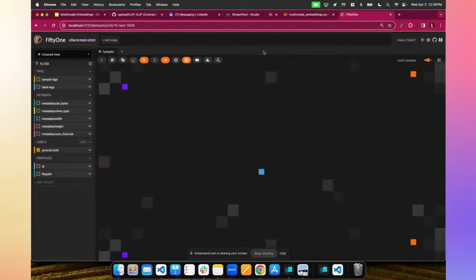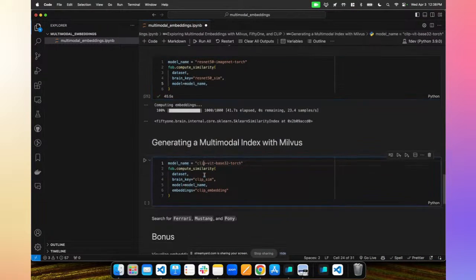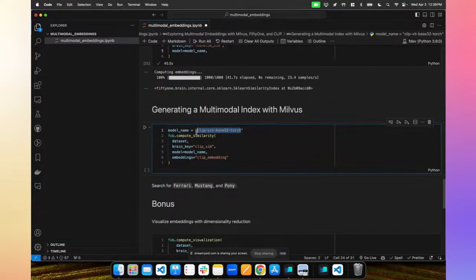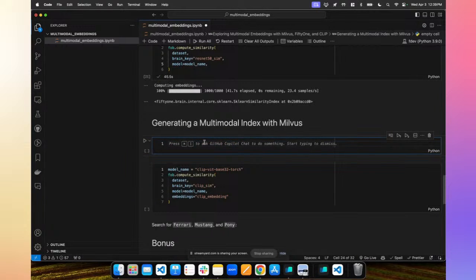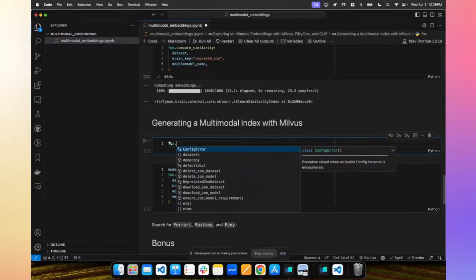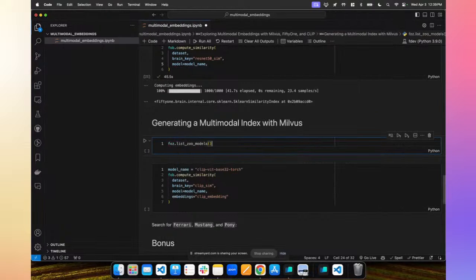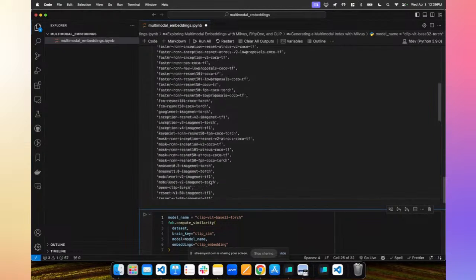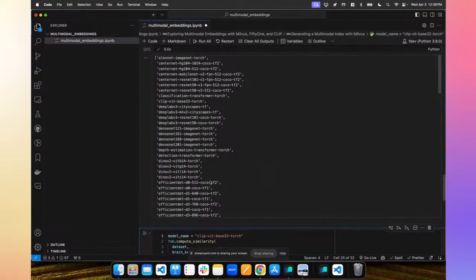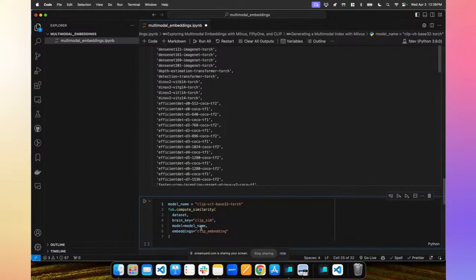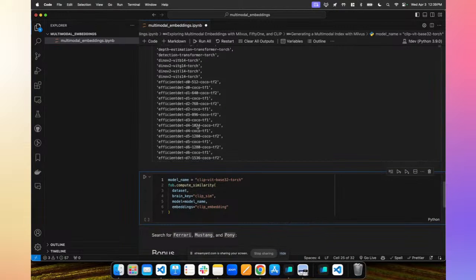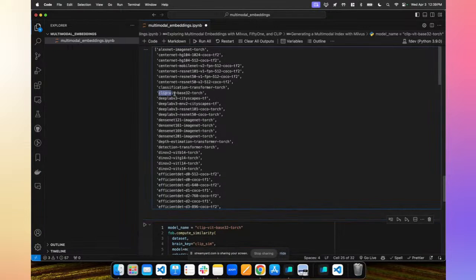But we're going to go a step further by using CLIP. So here I'm going to specify this model name, and for a full list of the models that are part of the FiftyOne model zoo, you can do the same thing that we did with the list zoo datasets. You can list zoo models, and you see a bunch of results here. And you can use any of these models by just passing in the model name. Of course, as long as these models support embeddings, so as long as they expose these vector representations associated with your data. But we're going to use CLIP, which we can see right here.